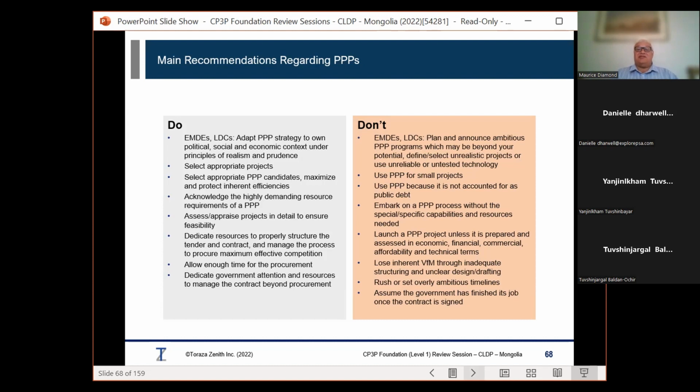Apart from the do's, we have the don'ts. So there was one country in sub-Saharan Africa that, when I worked for the Crown Agents, we were supporting. And that country, we were giving them a lot of support. We were explaining how to do things. But politically, what we were suggesting didn't sound fast enough. It wasn't big enough for the president. So they got in another advisor who promised that they could do things a lot faster and a lot bigger. And within 6 months of us being thrown out and this new contractor being selected, this country announced that they were going to do 60 PPPs within the next 18 months.